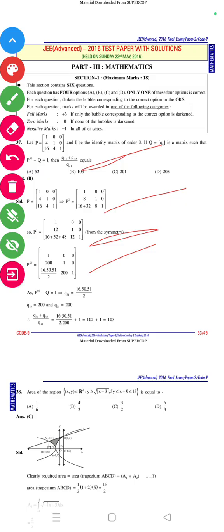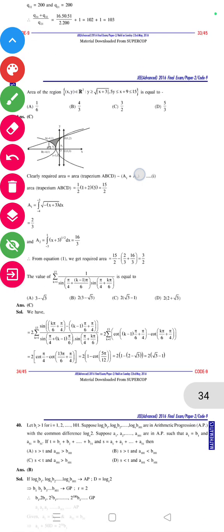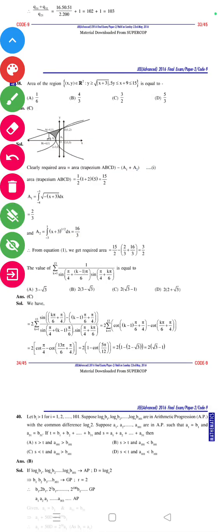So (q31 plus q32) by q21 is equal to 16 into 50 into 51 by 2 plus 200 by 200, which is equal to 103. इसका आंसर कितना जाएगा? 103 चला जाएगा। नेक्स्ट क्वेश्चन है कि एरिया ऑफ द रीजन